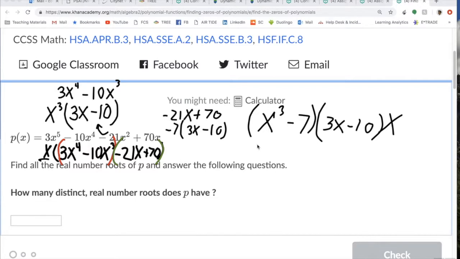Okay, so what we know now is that x cubed minus 7 equals 0, and if we solve for that, we'll find one of our zeros of x. We'll find one of those x values that gives us 0 in the equation. Because when we multiply any of these three pieces, if any of those three pieces are 0, the whole thing will be 0. The whole equation will be 0. So we're just going to set each one of these pieces equal to 0,